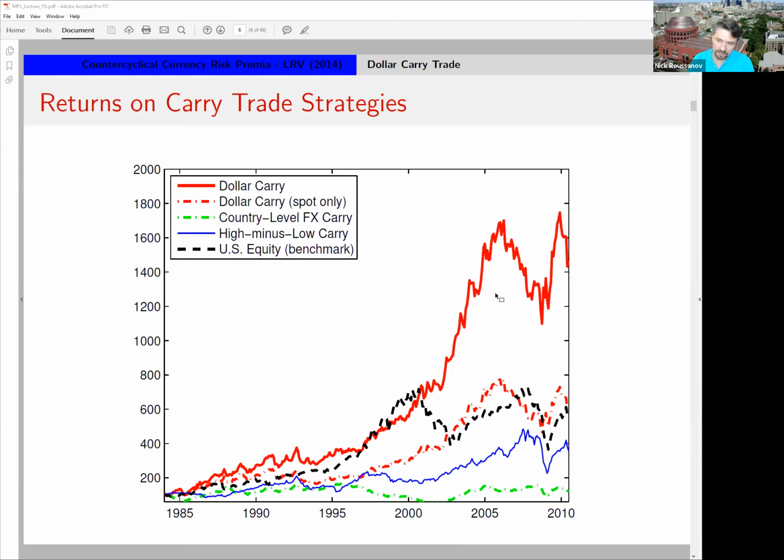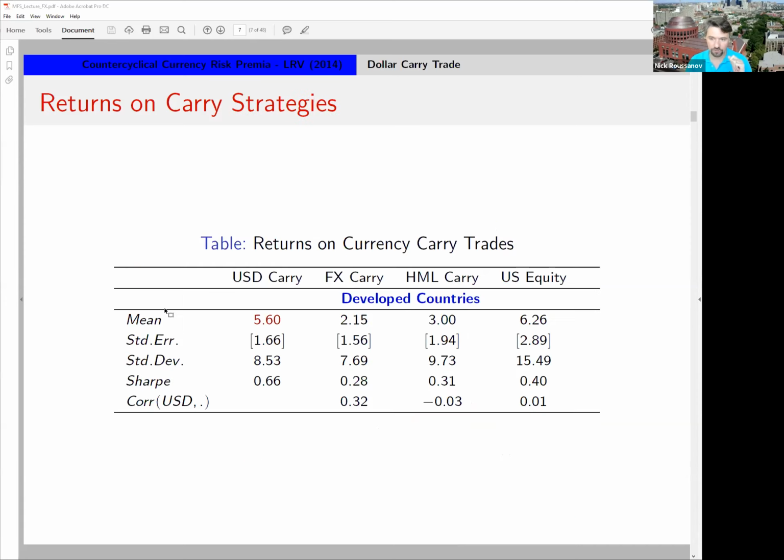Now here we scaled up the returns on these currency portfolios to have the same volatility as the S&P 500 because they have higher Sharpe ratios. You get these really impressive looking cumulative returns, but that's again because currency strategies are less volatile, but they have high Sharpe ratios. And this dollar carry Sharpe ratio of roughly 0.66 not only blows out of the water what we would call the naive bilateral carry trade, but even our HML carry trade strategy in this subsample, and of course beats the equity markets.